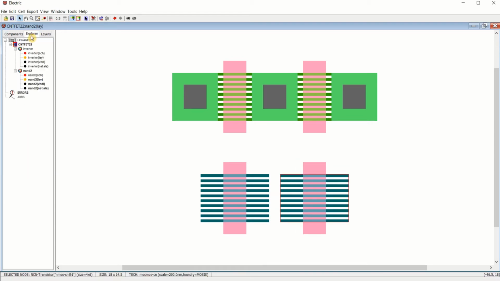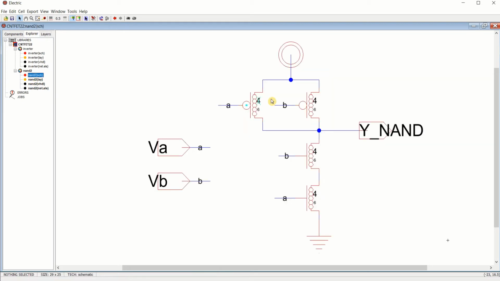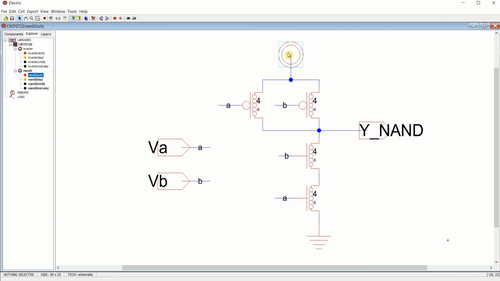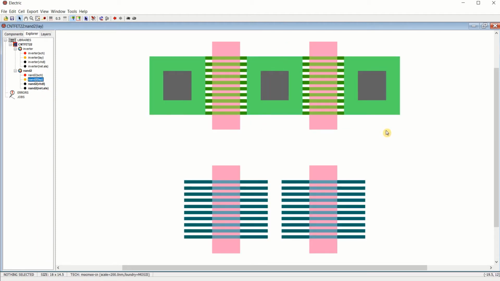If you observe the schematic, it has two transistors in parallel and two transistors in series. Even in the schematic, both the sources are connected to the VDD and two drains are connected. Common drain. I can use a common drain for the layout. So this is the common drain.